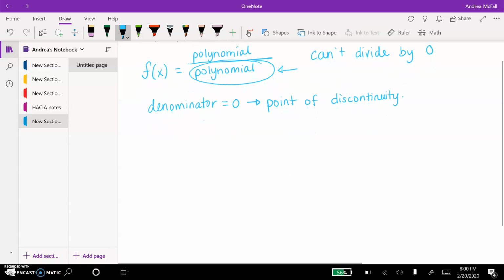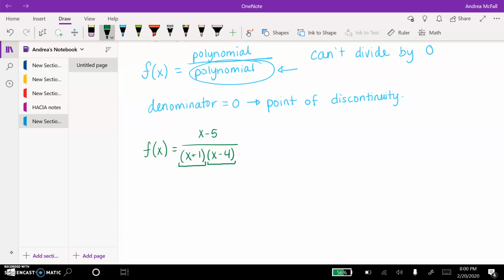So I'm just making some of these examples up as I go. So let's say I have something like f of x equals (x minus 5) over (x plus 1)(x minus 4). Okay. So I do not really care about what the numerator equals in terms of finding points of discontinuity. For the first few problems of your homework, all you're doing is saying there is a point of discontinuity here and here. If I look at this problem, I have